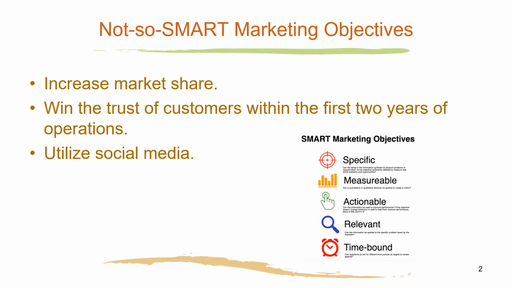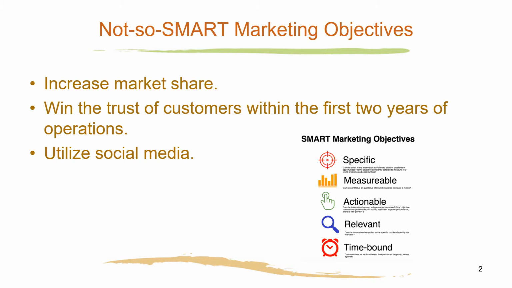The first one, increase market share, certainly we can tell whether we have increased or not. But what is our actual objective? Let's be specific here. How much should we increase market share? Do we want to increase it by 10% in the next 12 months? Do we want to double market share? Do we want to capture 25% of the total market share in our industry? Try to be just as specific as possible. Also, this one lacks a time-bound element, right?